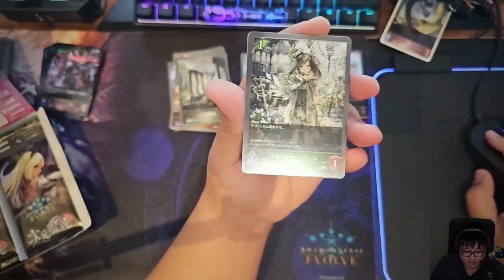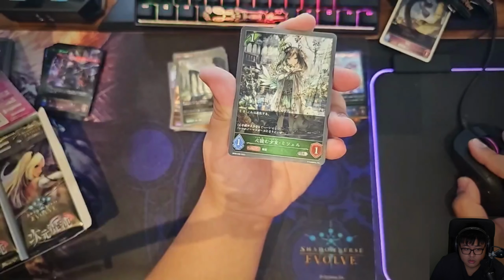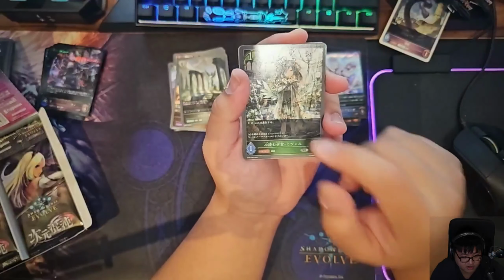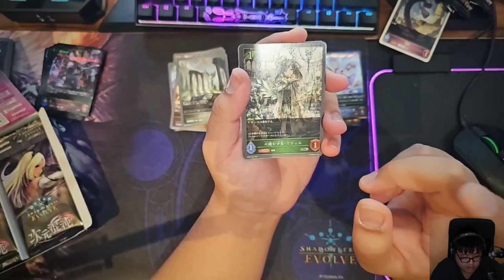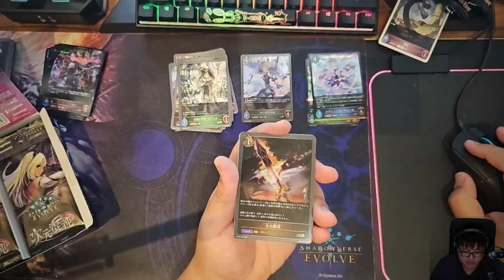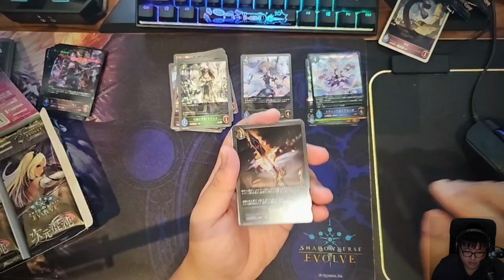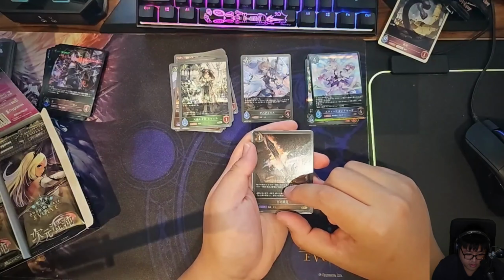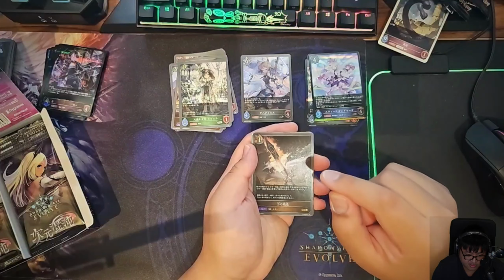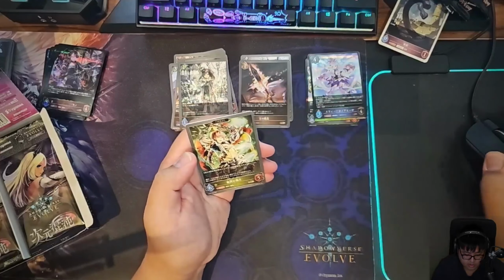Michelle, the Mind Reader. Can evolve for 2, and then on evolve, you search your deck for a 5 cost or more Forest Follower. Okay. Power Forge. Select an enemy follower and a follower on your field or EX area. Deal X damage to the enemy follower equal to the attack of the follower you chose. Okay, that's pretty cool. Then we have an evolved...